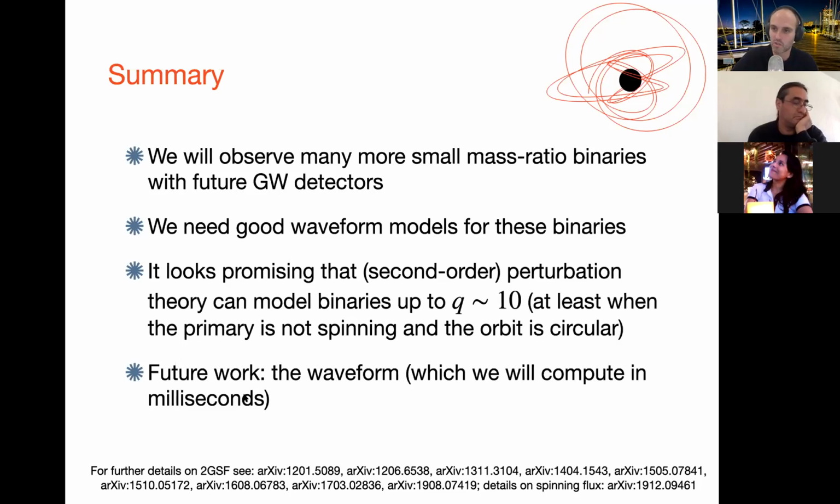And of course, here I've just talked about the flux. We haven't yet computed the waveform. That will come in the next few months, and then we'll make the final comparisons. And I'd like to emphasize that those waveforms, when we compute them, we'll be able to compute them on a very rapid timescale in comparison to the numerical relativity waveforms. So I'm not suggesting for a moment this replaces numerical relativity, but at mass ratios 1 to 100, when numerical relativity is always going to really struggle, this is almost definitely the way to go. So I think I'll finish there. Thank you very much.